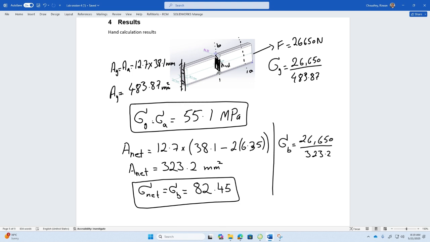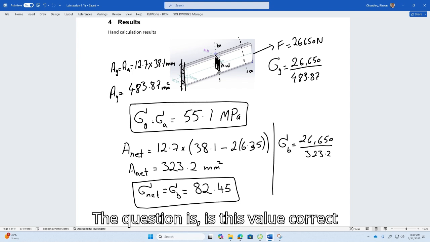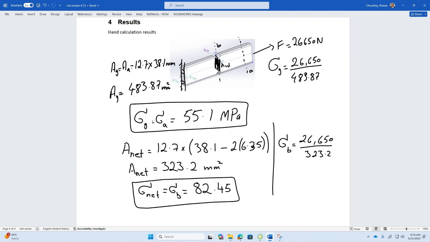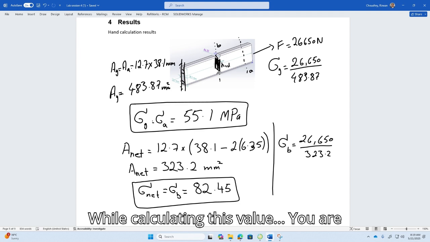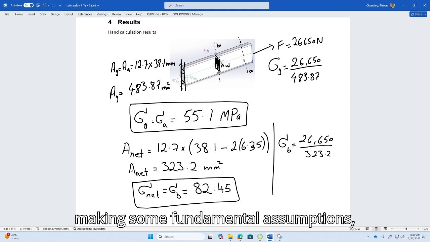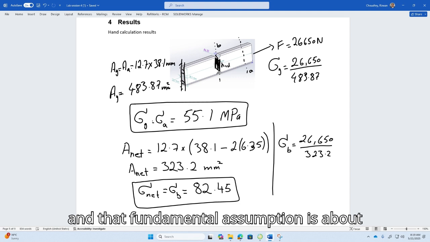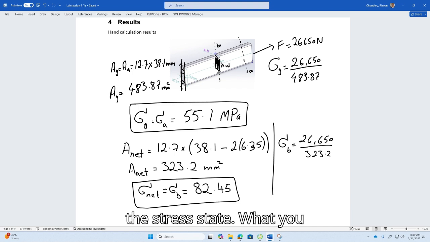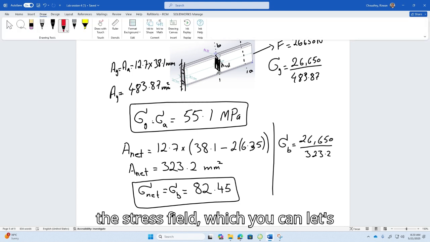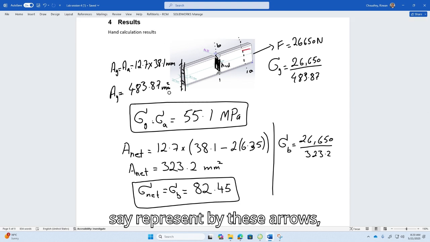So the question is, is this value correct or not? Okay? The question is, is this value correct or not? While calculating this value, you are making some fundamental assumptions. And that fundamental assumption is about the stress state. What you are saying is that in your part, essentially, the stress field, which you can, let's say, represent by these arrows,